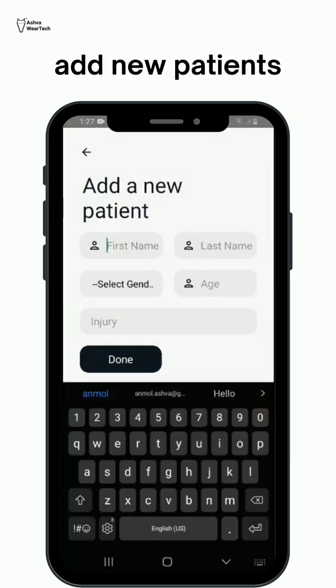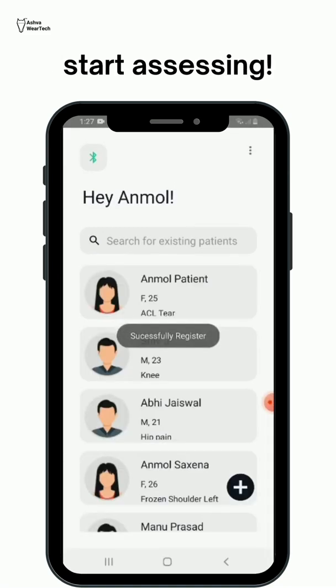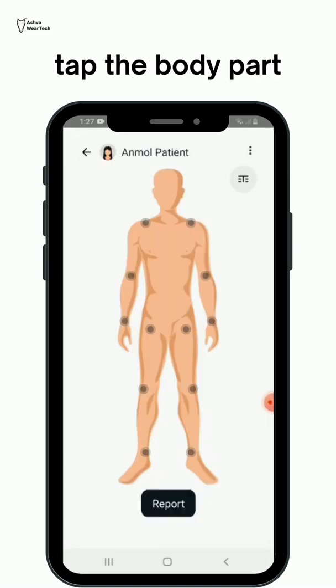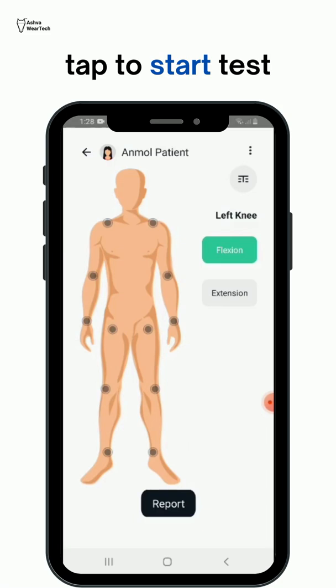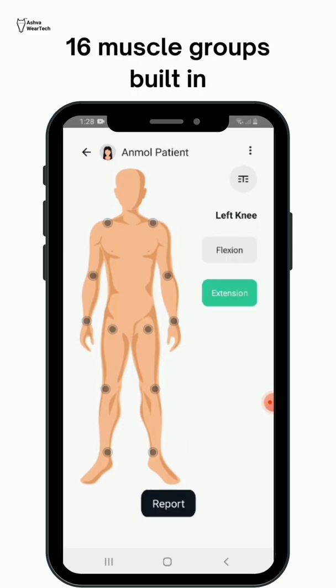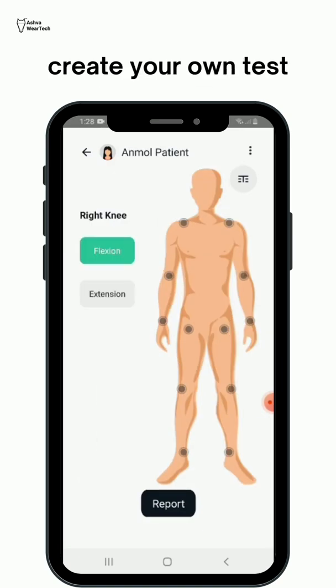Tap the plus icon on the bottom right corner of your screen to add a new patient. To start assessing the patient, simply select the body part you want to assess, tap to start and tap to stop the test. 16 muscle groups have already been built in for your convenience, but you can also create your